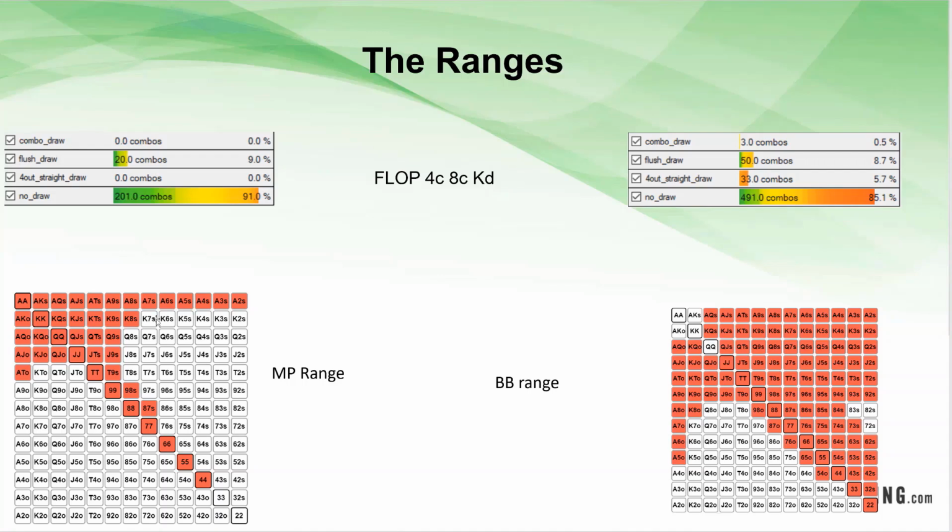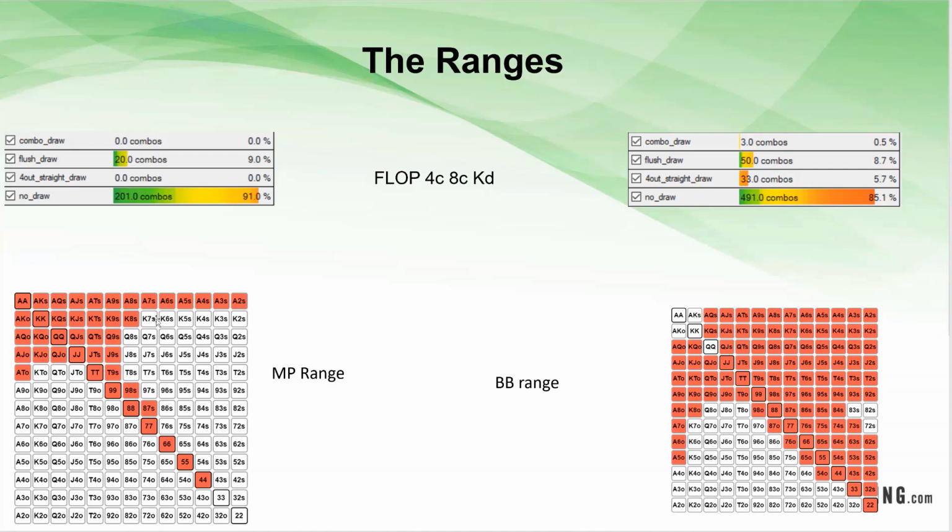This is a pretty big deal to realize here, because of the flush completer, etc. Now, this story will get a bit more skewed. We're not going to get into this as much, because it gets a little too complicated. But it is kind of relevant, because let's say, as we get into the strategy here, big blind checks,